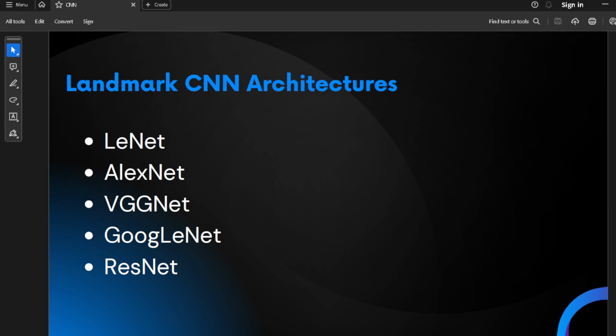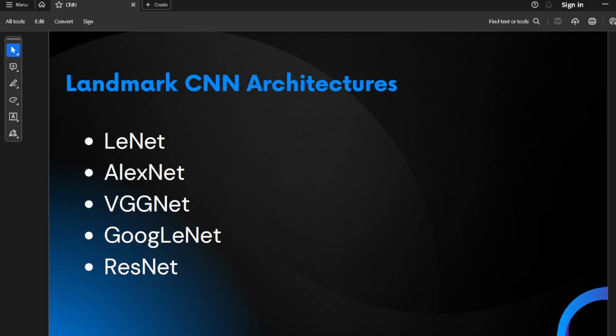The next architecture is AlexNet. AlexNet was introduced by Alex. It won the 2012 ImageNet competition, popularizing the deep CNN with multiple layers and ReLU activation.